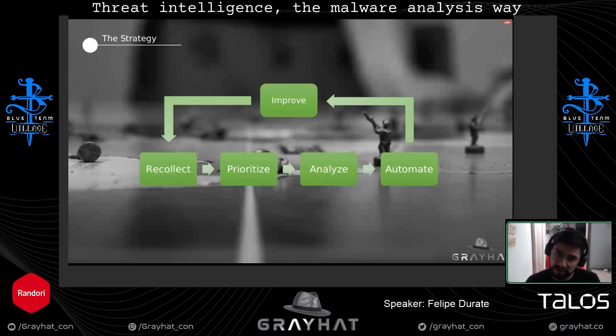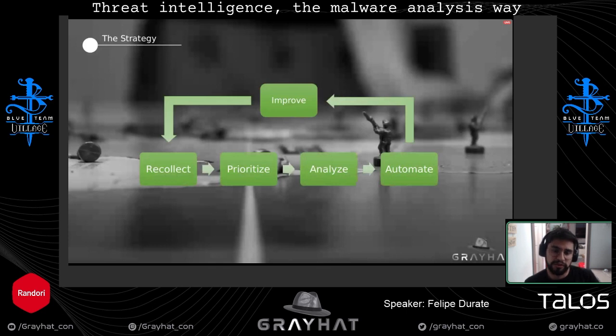First, your spam box. Probably all the things that you are receiving on your spam are going to be directly rejected by your systems, and you are losing a lot of information that is in there. So if you recollect those, probably you are going to understand how they are attacking you, or at least trying to. Also, there are a bunch of open source tools that can help you with that. So Bazaar from Abuse CH, for example, VirusTotal, Hybrid Analysis, CAPE Sandbox. There are a bunch of tools that you can use to capture samples.